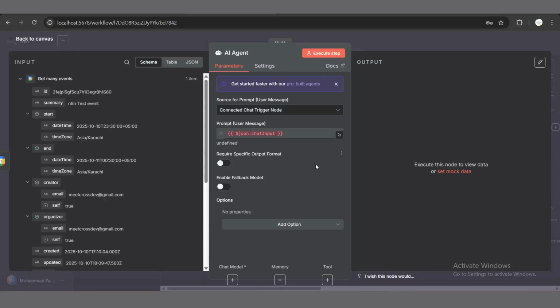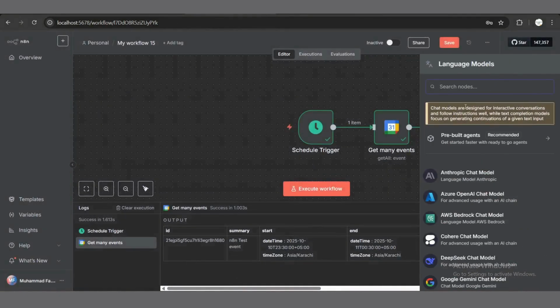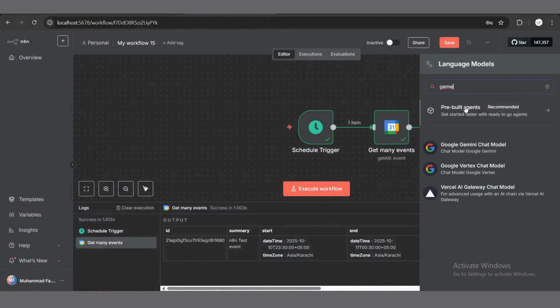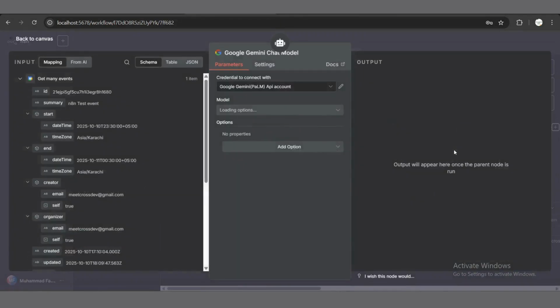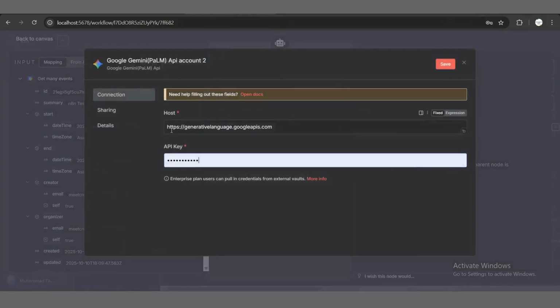First, we have to add the chat model. For that, I'll simply click on this add icon here for Gemini here. I'm selecting Gemini as a chat model because Gemini is free. So here you can see my account is already connected. If your account is not connected, it asks you for the API key here. And for the API key, you simply have to go to